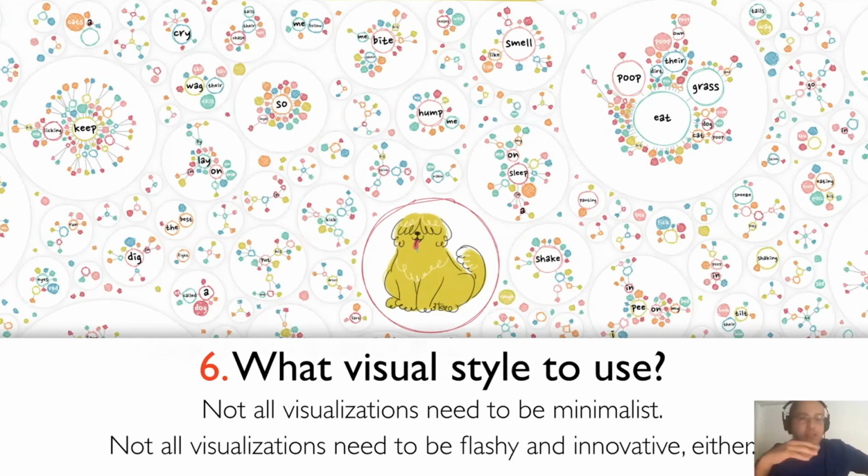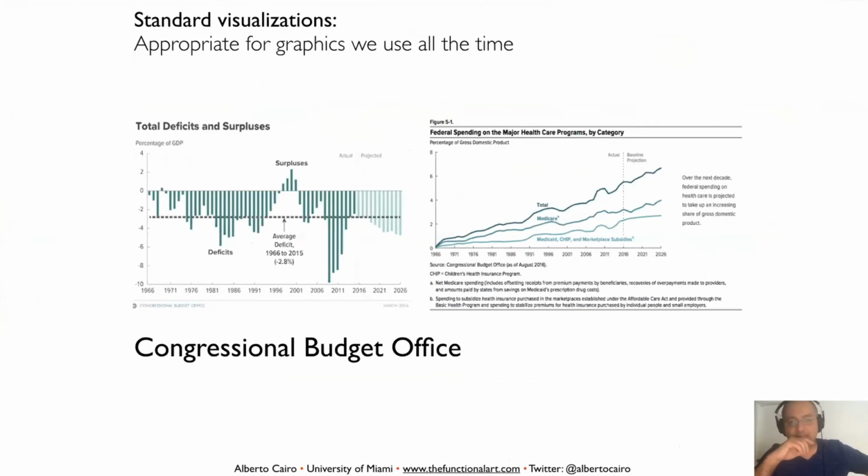There are certain things that can help you make choices about visual style, though. I usually say, for example, that I see two types of graphics in terms of style. What I could call meat and potatoes graphics, the traditional graphics, bar charts, line charts, etc., which are toned down, straight, just the data.